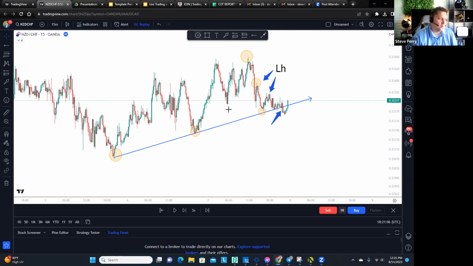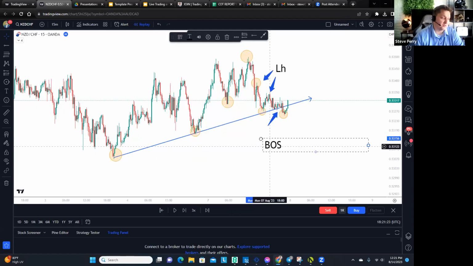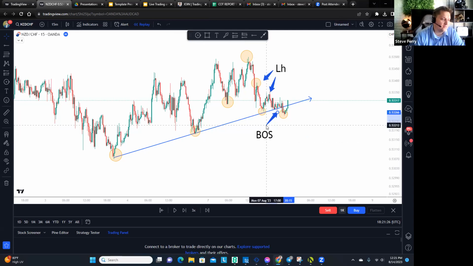You had a low right here, and this market started to make a lower low, and actually a series of lower lows. So let's write this all out. This is a BOS first. You have a BOS, which matters the most. If you take anything away from this and my training, the BOS is the superior price action analysis. Breaking structure matters more than anything you could possibly look at, by far. There's nothing else.